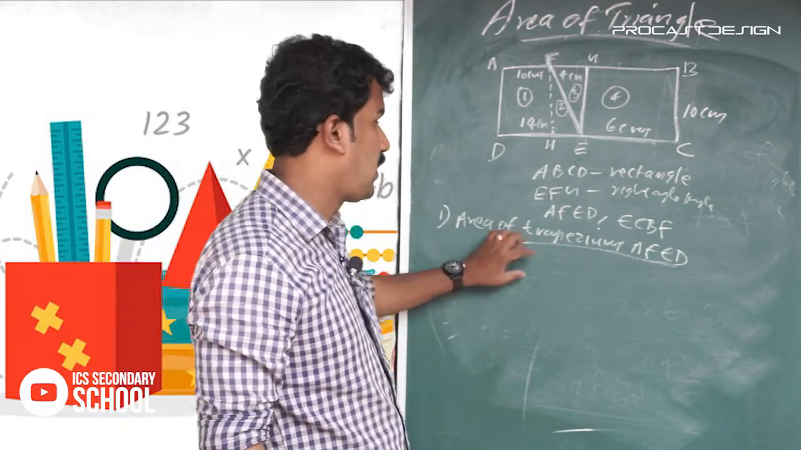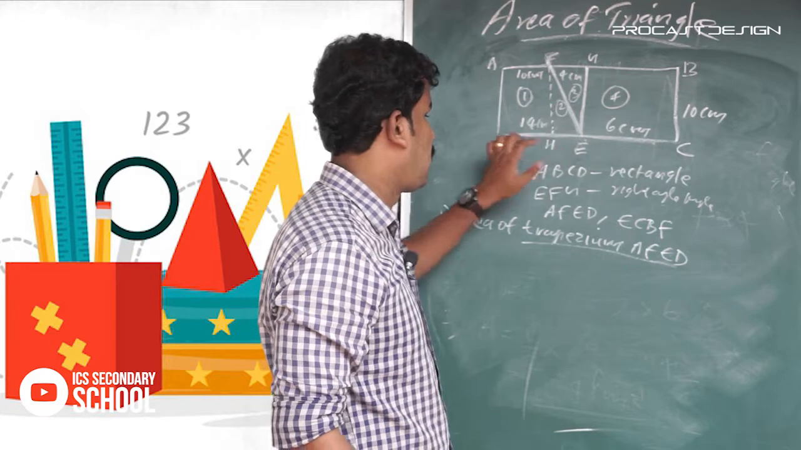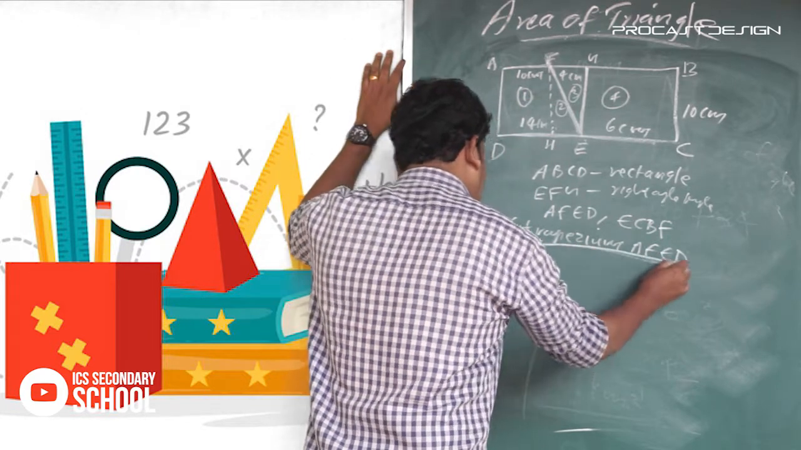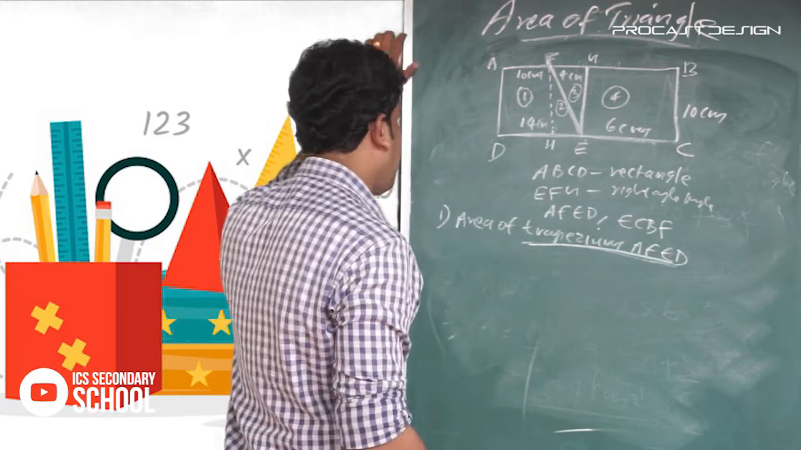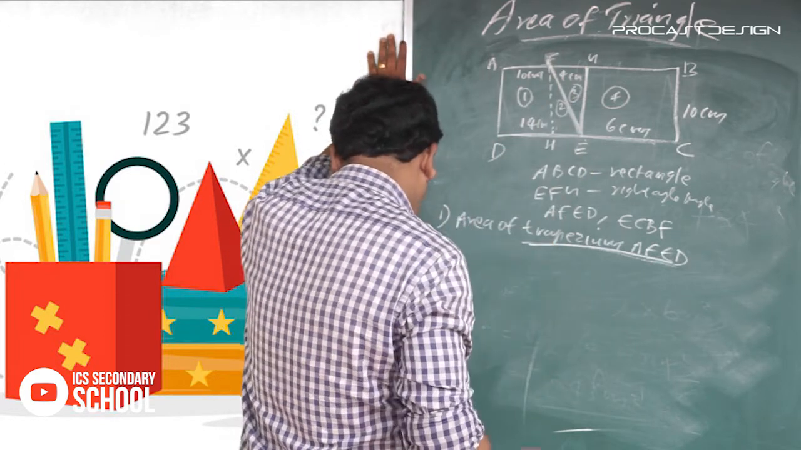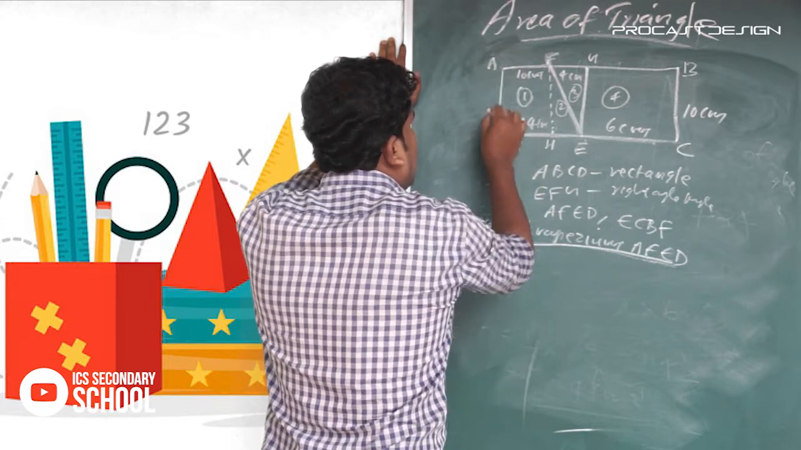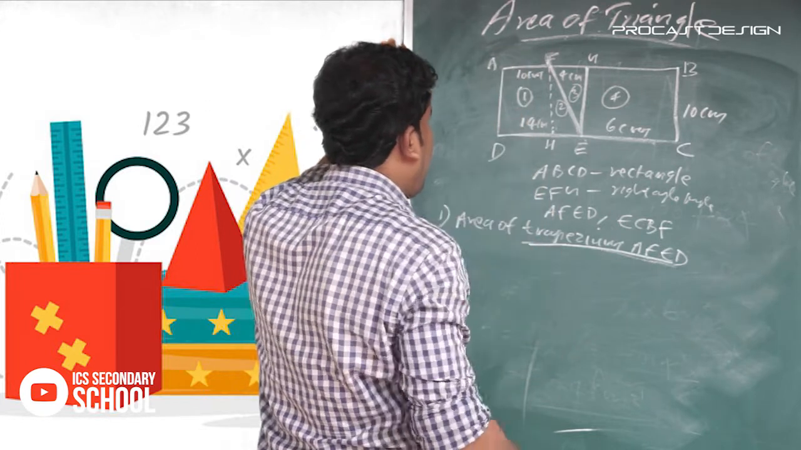Okay, how do we calculate? First we calculate the area of the trapezium AFED. Area of trapezium AFED means the area of rectangle ADHF,